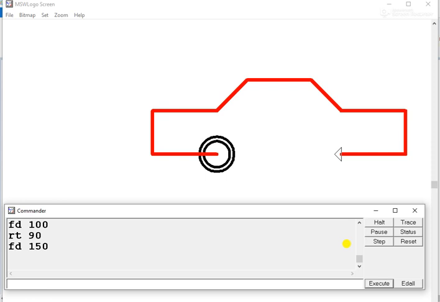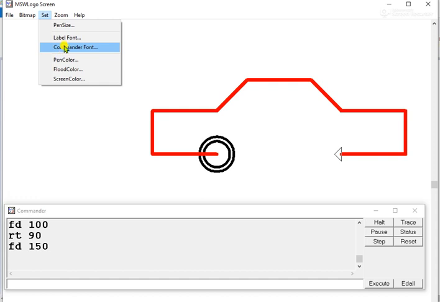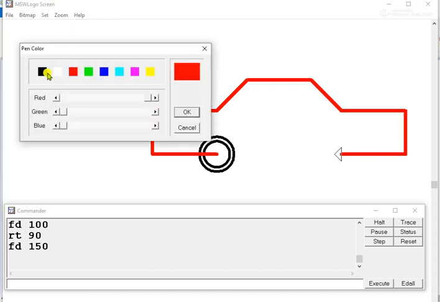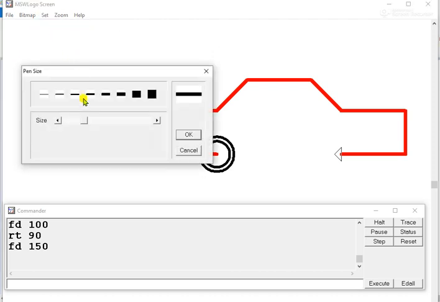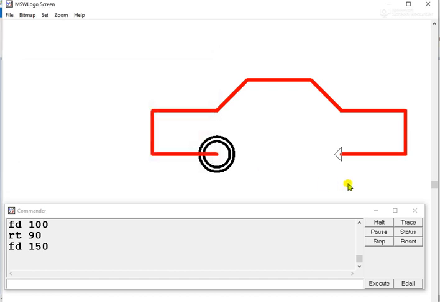Now again we have to draw two circles with the same size, with the same radius, that is 30 and 40. But it should be in black color. So again go and change the color first. Change the color first, and change the size as well, because this line is thicker than this. So we first change the color and change the size.